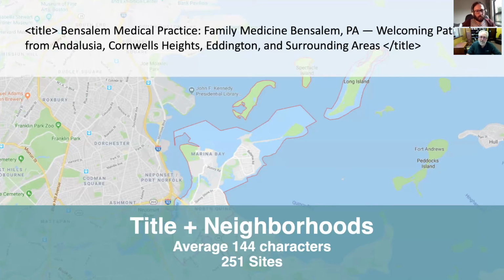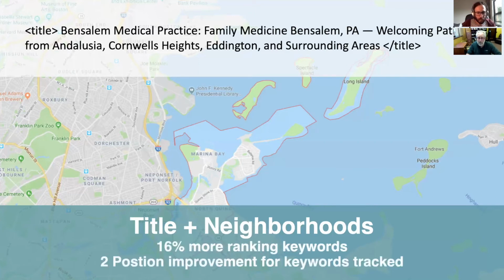creating on 250 sites average title tags about 144 characters long. And what he found was that they saw 16% more ranking keywords and a 2-position keyword improvement on the keywords they were tracking. So at least in local, the need for abbreviated title tags, particularly given that Google is rewriting them so much, is much less than